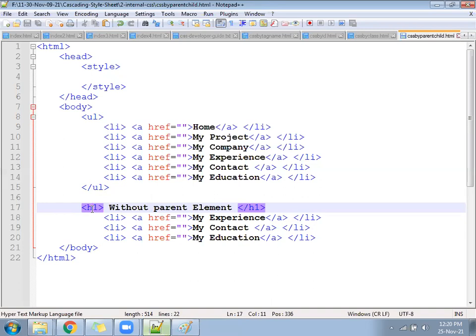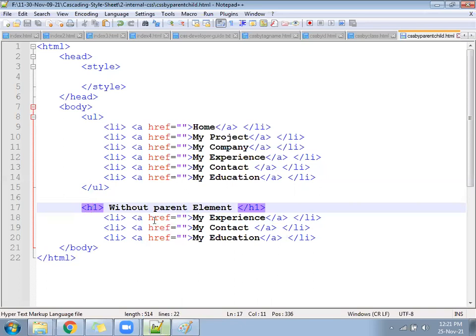Okay. The person asked, can I use the UL without li? If you use the UL without li, then there is no use. Inside the UL you have to display something, and to display something you have to follow the li. Li you can use without a, that is okay. But there is no use of the UL without li. Li is the part of UL, so whenever you use the UL, you have to follow the li. And whenever you want to use the li, you must have the UL. Both are together.